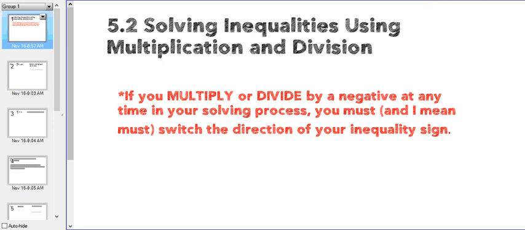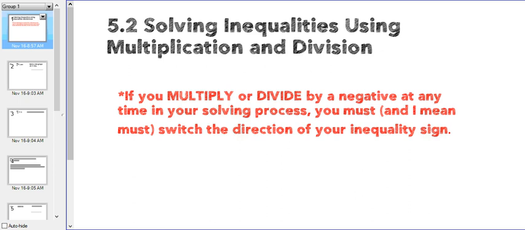All right, today we're working with solving inequalities using multiplication and division. It does kind of build off of what we did yesterday with just using adding and subtracting. So think yesterday a lot of adding, subtracting to both sides, today probably a lot of multiplying and dividing. One of the biggest differences, one of the main rules that we have today is that if you multiply or